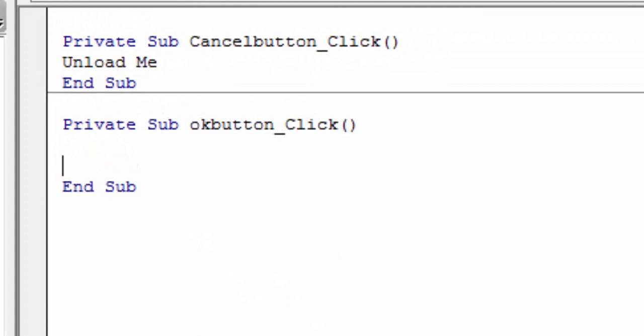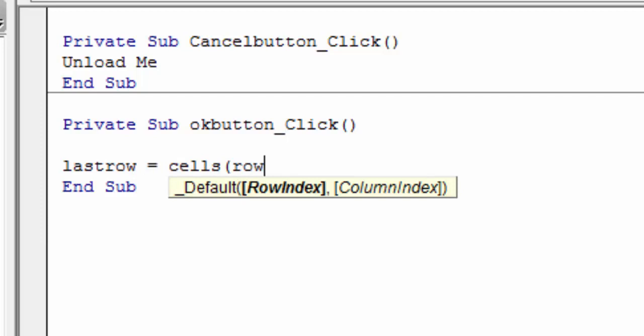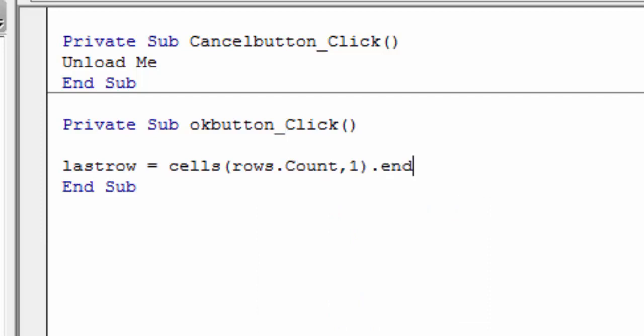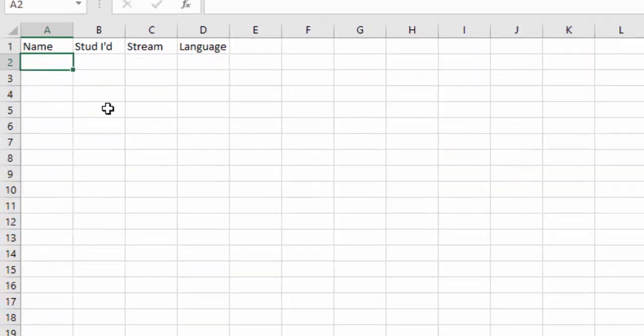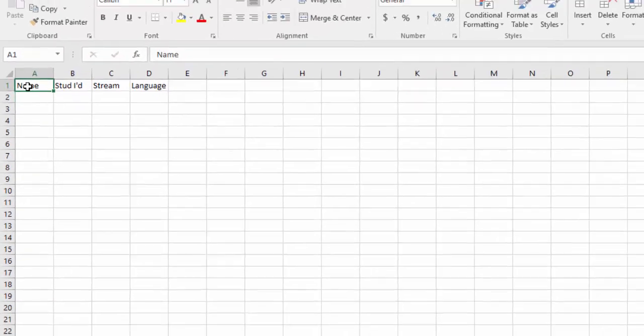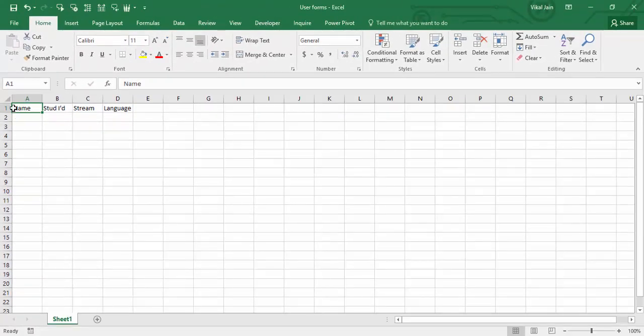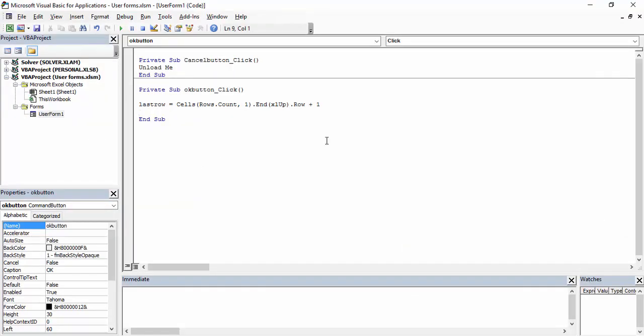So we are going to define our last row. Last row would be cells, rows dot count. You can refer to your chapter: last row and last column, comma, and xlUp dot row. I am adding one here so that I can reach here. See, my last row is here, A1, but I don't want the last row. I want the second row. So what would be the answer? 1. Okay, now,